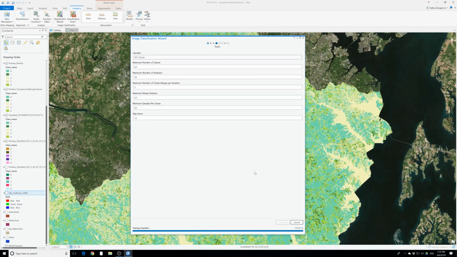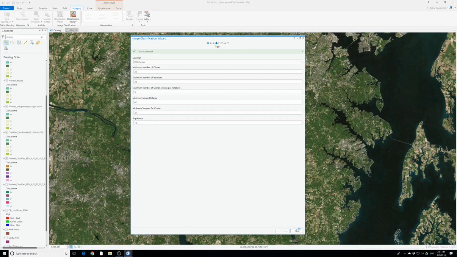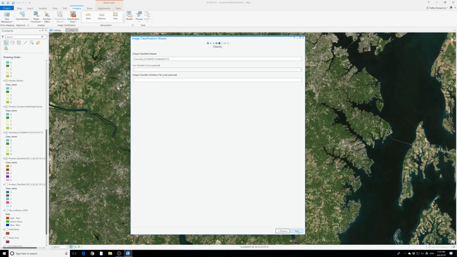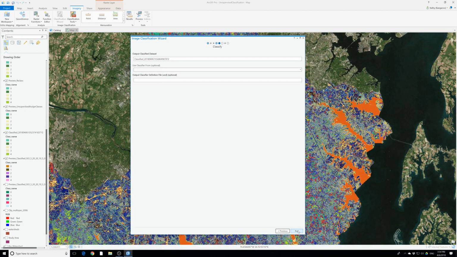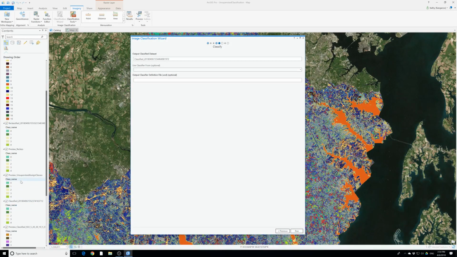So, and then let's run it again so that we have a 3. Okay, and then I'm gonna run next and classified. So now I should have a 20. Yeah, that's 20. That's why. Okay, and then I'm gonna click run again and again. So preview classified ISO, preview classified ISO. Okay, once we have that,